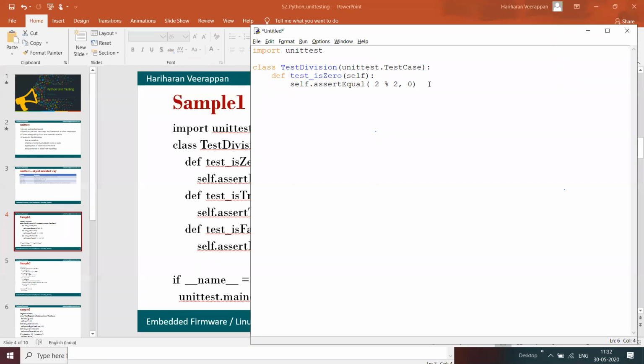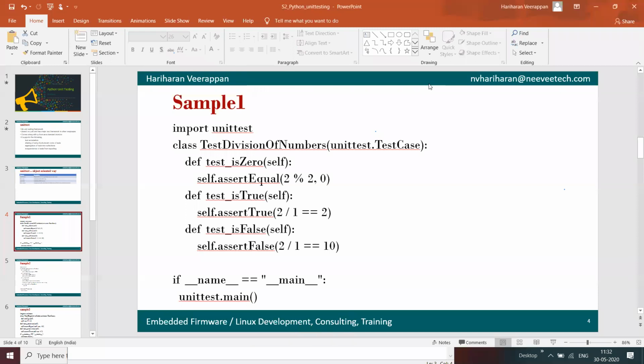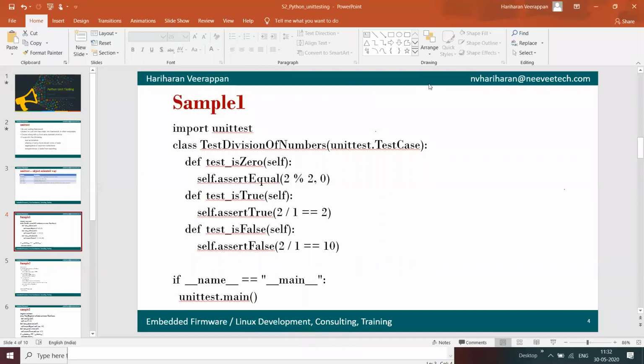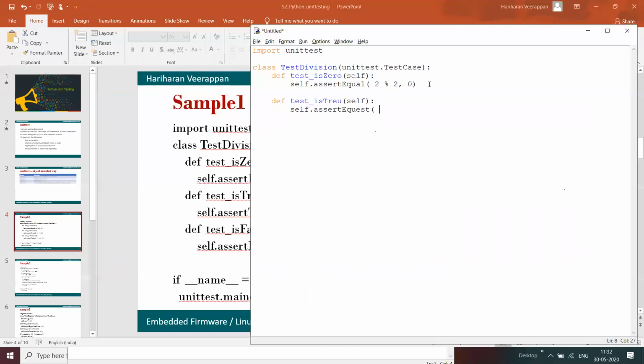In the same way, I'm going to write test is true of self, and self.assertEqual 2 divided by 1, whether it equals 2 or not.